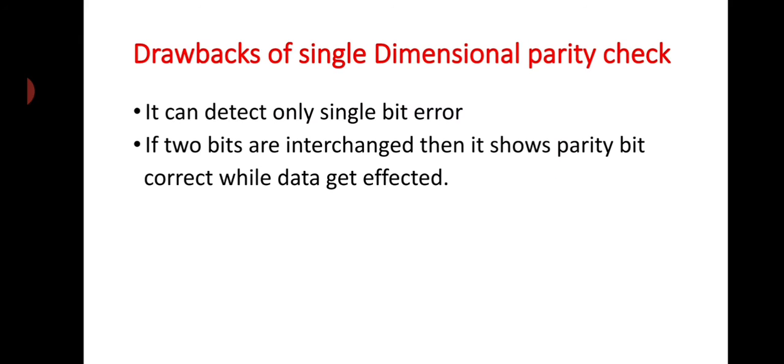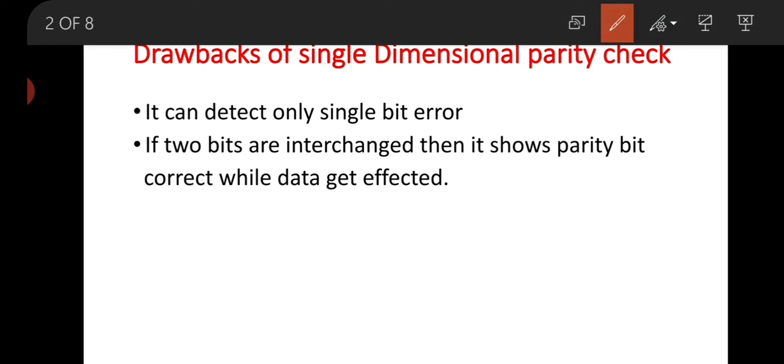Now, let's see the drawbacks of single dimensional parity check. Here mainly two drawbacks are found. First, it can detect only a single bit error. That means you can check only a single bit error. If there is more than one bit error, it cannot work. Second, if two bits are interchanged, then it shows the parity bit correct while